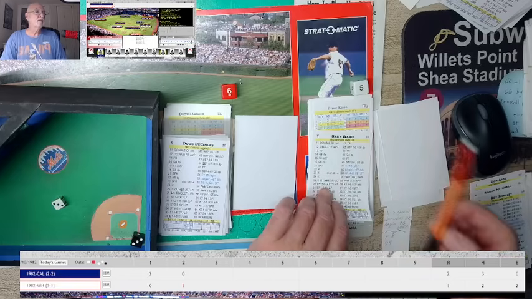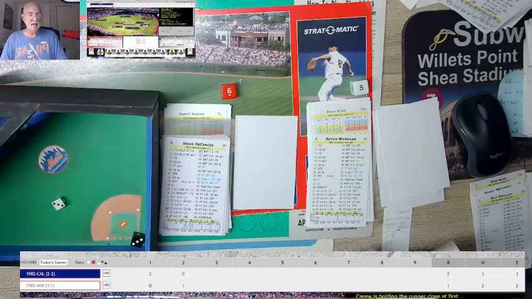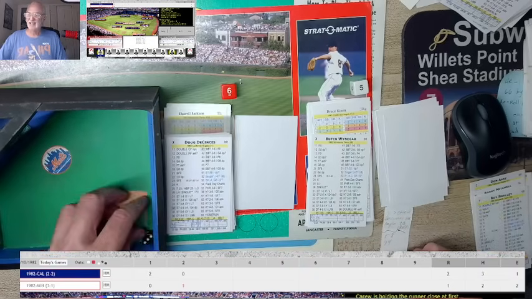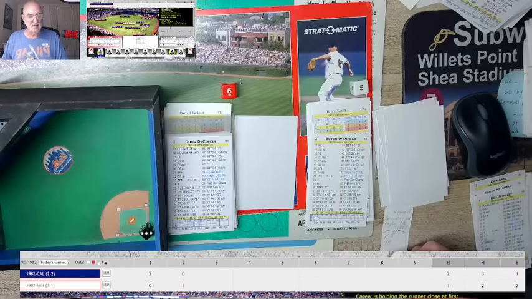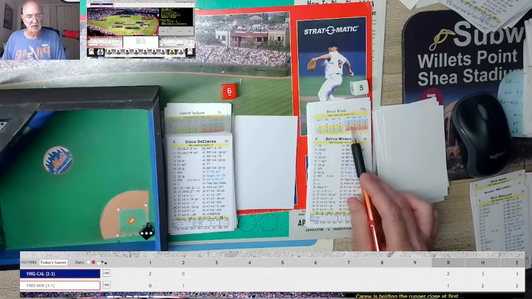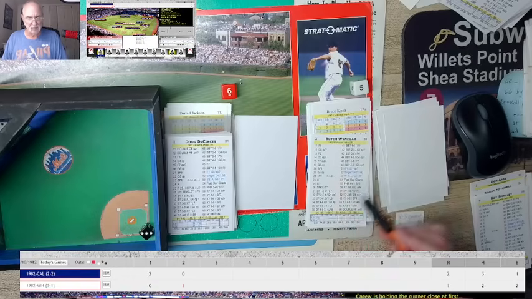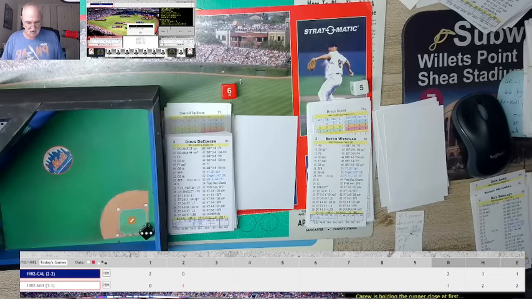And here's Butch Weiniger. And it's a 35, and a 35 will possibly be a single, but we're using the 2 because it's a 5 column, so that's below that. So it's going to be a line out to right field for the second out of the inning.